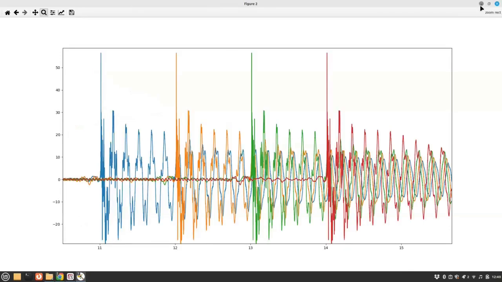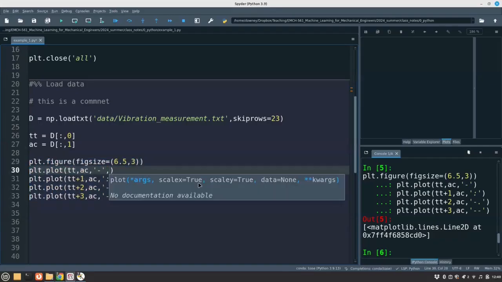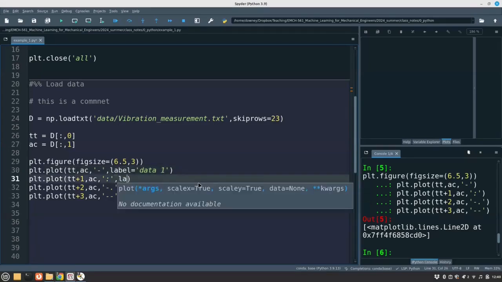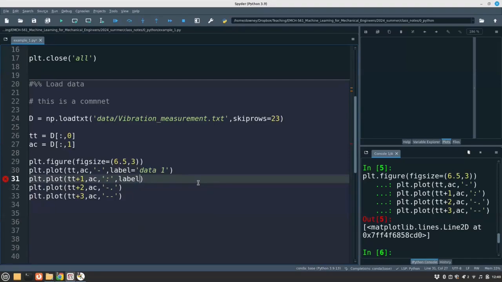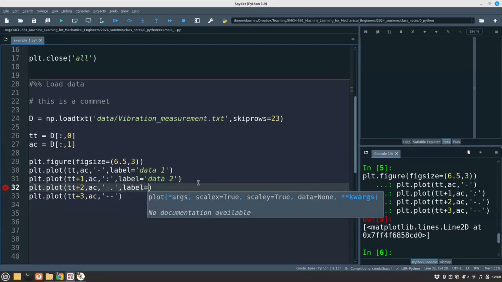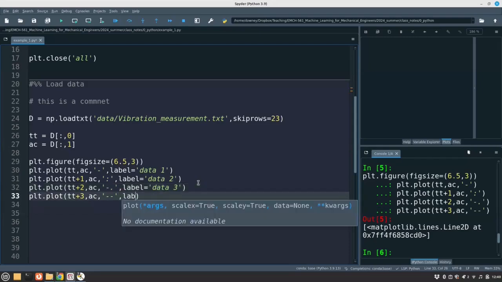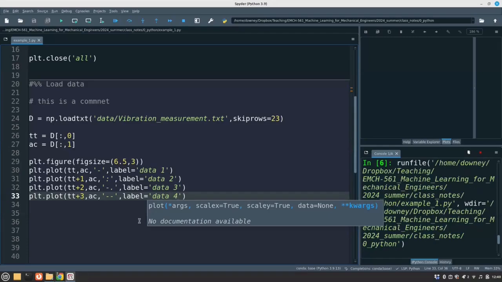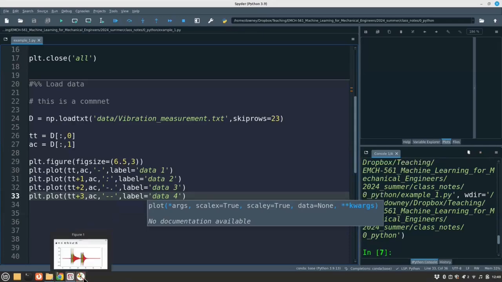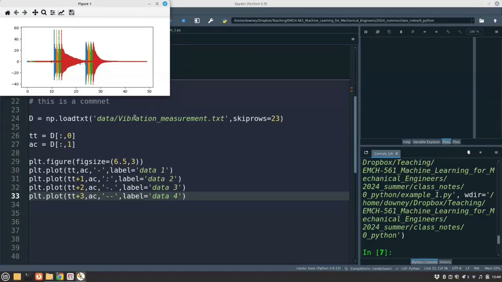However, the most effective way to do multiple plots is probably with a label. So I can go label equals data 1. I can do label equals data 2, label equals data 3, label equals data 4. Now if I run that plot, actually I won't get a label because I have to create a legend up here. So I need to go